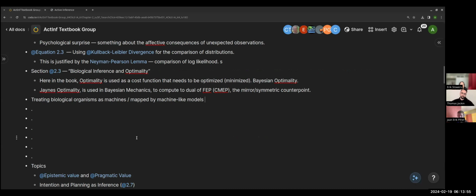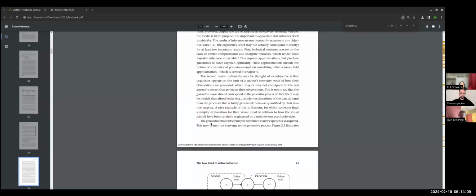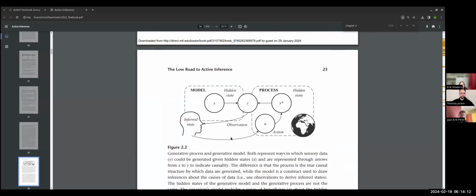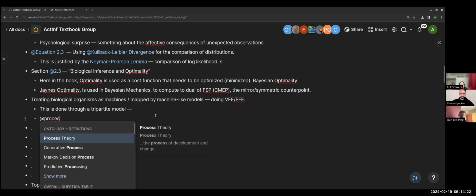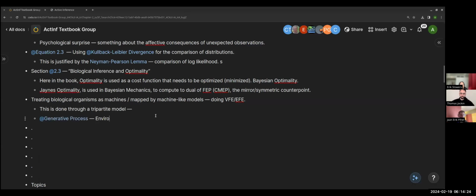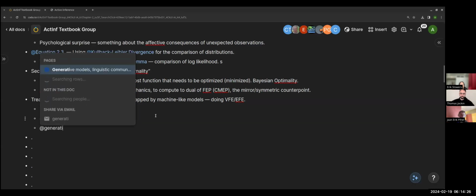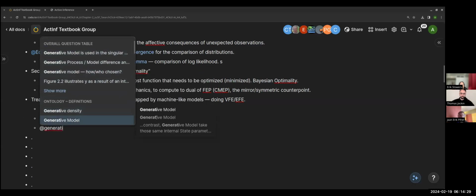And the way they do that is through a tripartite model, namely the generative process, the generative model, and the Markov blanket that acts as an interface between the generative model and the generative process. So very briefly, the generative process is what happens in the environment, external to the agent, and the generative model is what the organism